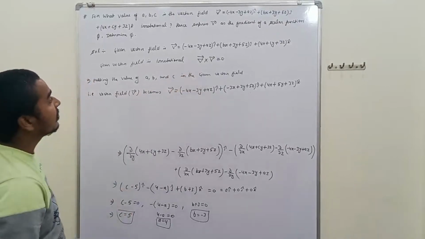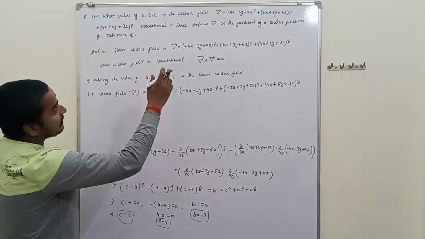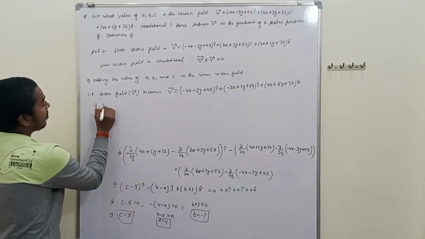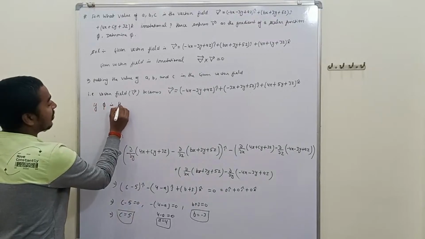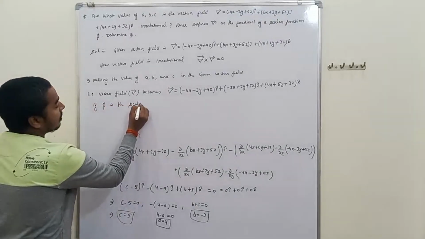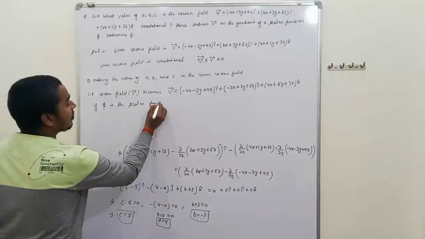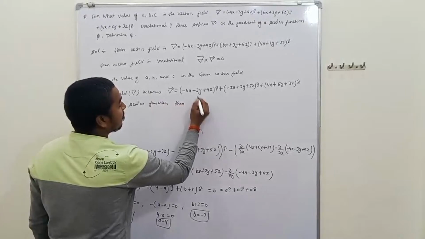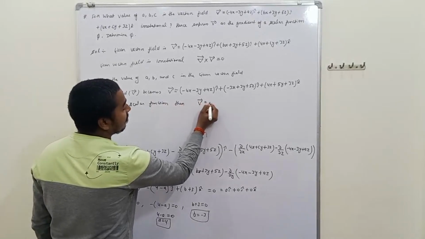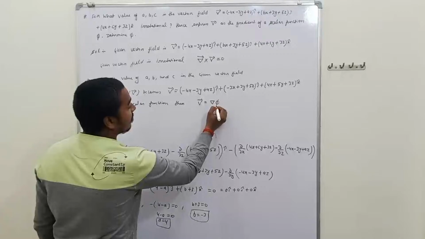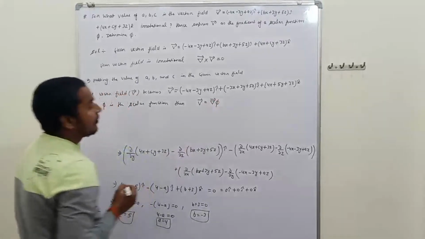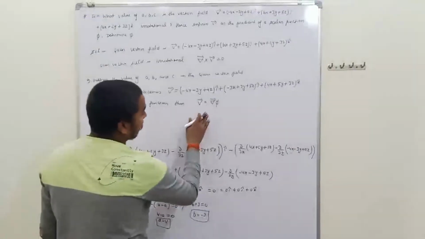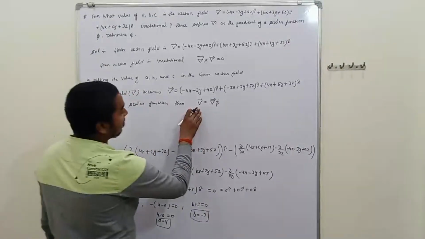Further we have to find, hence express the vector as a gradient of a scalar function. If phi is the scalar function, then the vector field is equal to del phi. Vector field is equal to del phi, and from here the vector field is given by,